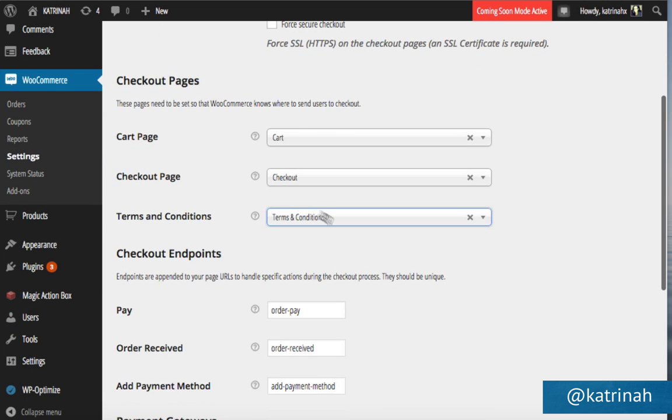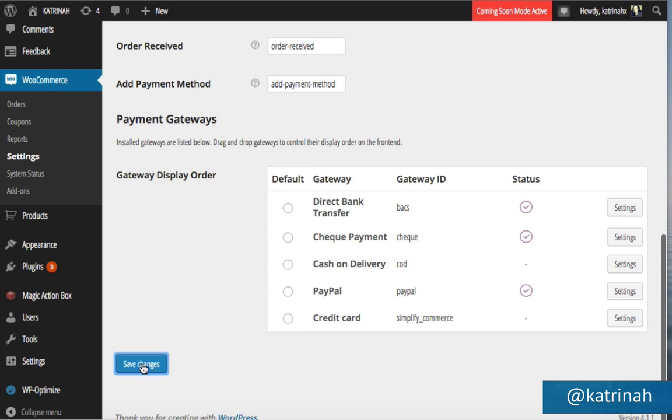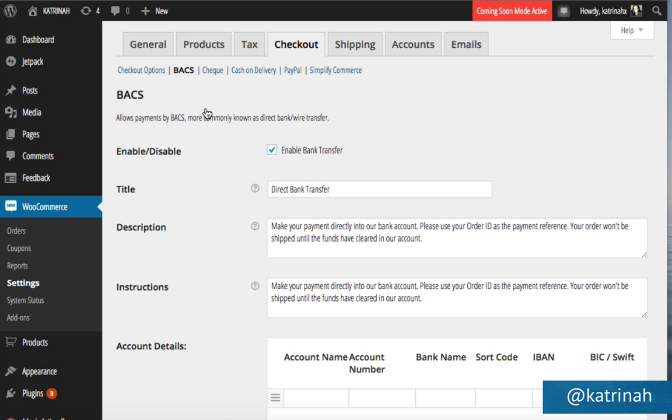Now, since I have made this change right here for terms and conditions, before I move forward, I'm just going to click on Save Changes to save my changes. Once the changes have been saved, then one by one, I'm going to click on these links and I'm going to deactivate the payment methods I don't want and make sure that PayPal is activated, since that's the one I want. Of course, this is a personal decision related to your online store, so however you'd like to set up your store and whatever payment methods you'd prefer, you can select them and configure those options within these pages.